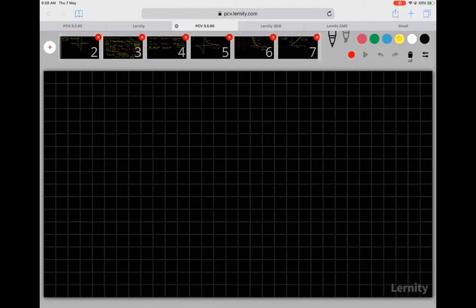So algebraic functions, we did something. Now I'm going to talk about an operation. Suppose f of x is equal to x square. What is f of x plus h? Can I say it is equal to x plus h the whole square? Suppose I am asking you what is f of x plus h minus f of x. Can I say that is equal to x plus h the whole square minus x square?